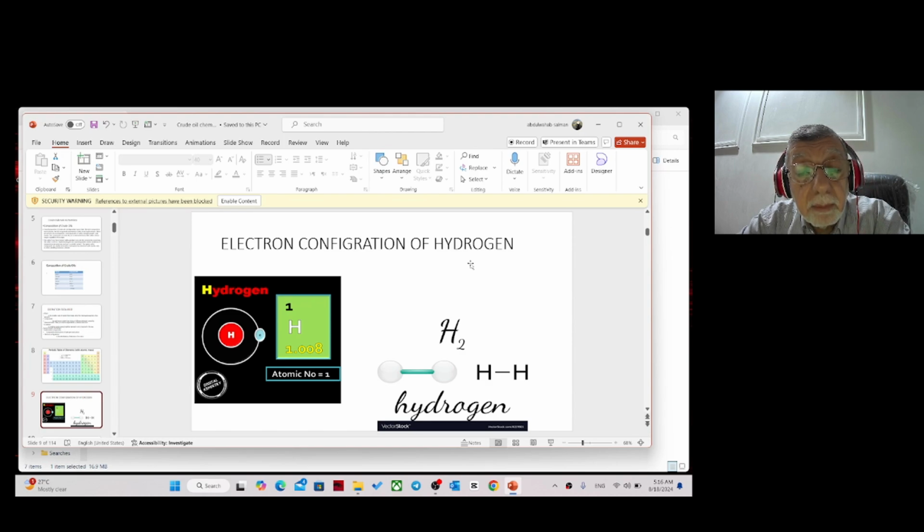So in the atom there are protons and neutrons, and in the shell there are orbitals. An orbital is the space in which the electron moves. In the first shell there are 2 orbitals, I mean either 1 orbital or 2 orbitals. In the second shell there are 4 orbitals. Each orbital has to be filled by 1 or 2 electrons. If it is 1 electron, it is unsaturated and becomes unstable. If it is 2 electrons, the atom becomes stable. So in hydrogen, we have only 1 electron in the first shell.